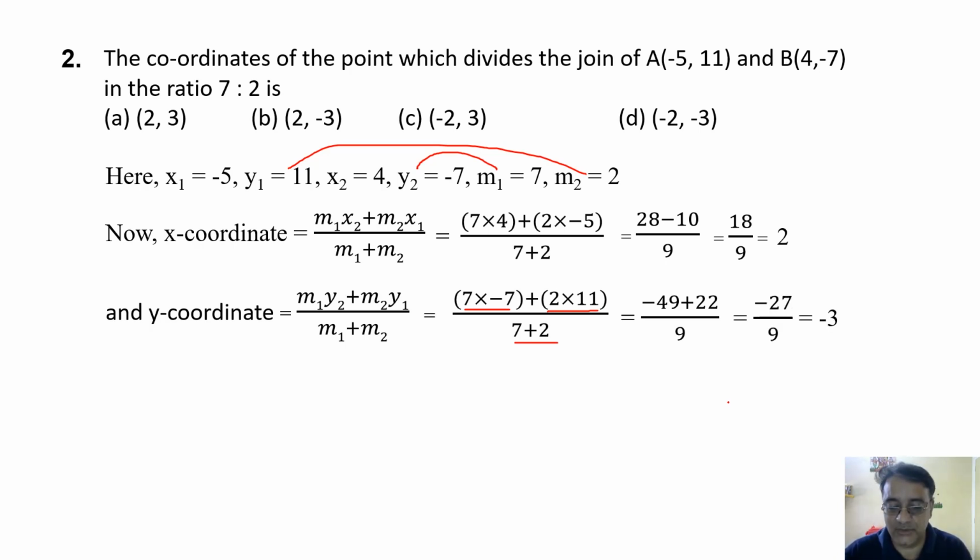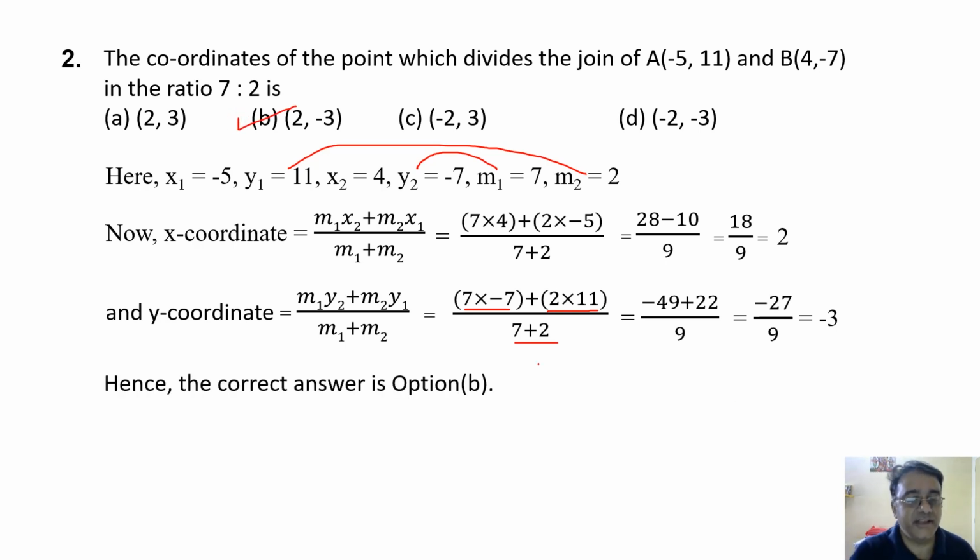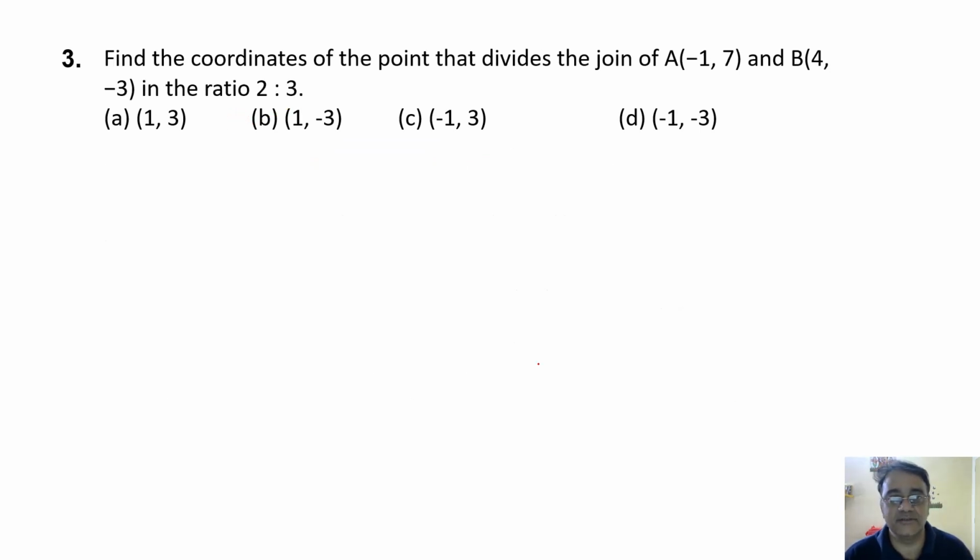Which option is the correct one? Option B. Right. So this is the second question. Now we are moving toward question number 3. Find the coordinates of the point that divides the joint of A (-1, 7) and B (4, -3) in the ratio 2:3. So here x1 y1 is -1, 7 and x2 y2 is 4, -3 and m1 is 2 and